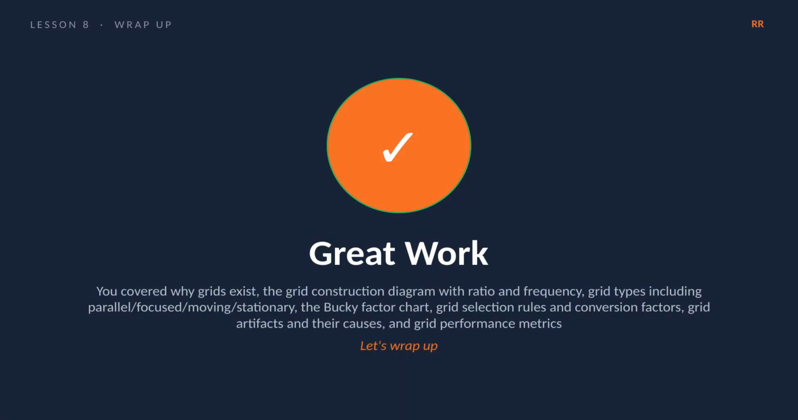You covered why grids exist and the 3 conditions that require them, the grid cross-section diagram with ratio and frequency explained, all 4 grid types: parallel, focused, moving Bucky and stationary. The Bucky factor chart, all four cutoff patterns, grid selection rules for each clinical situation,